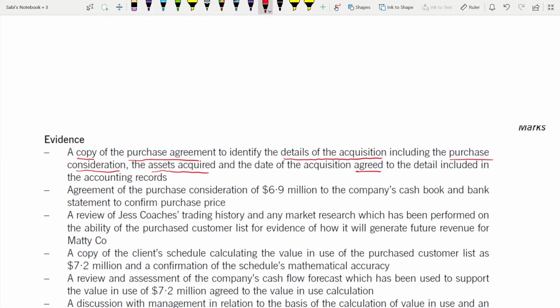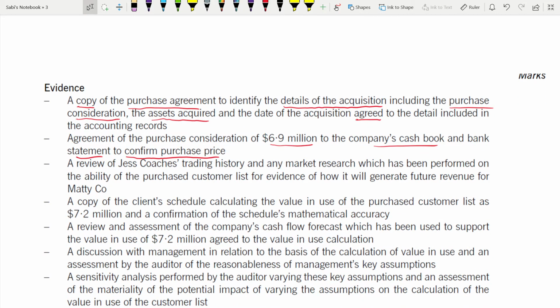Number two, the carrying amount was 6.9 million, right? So the agreement of the purchase consideration of this one to the company's cash book and bank statement. You will see it. Are they matching with the cash book and the bank statement? To confirm the purchase price. Third, review of their trading history, and also any market research which has been performed on the ability of the purchased customer list for evidence